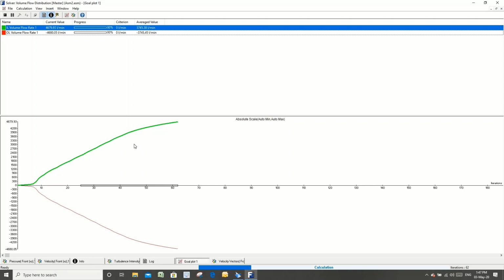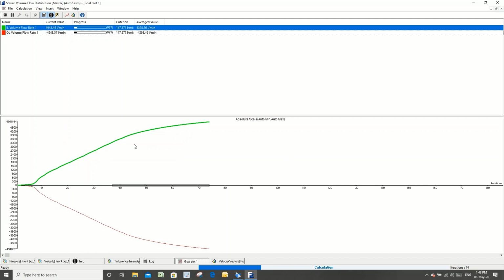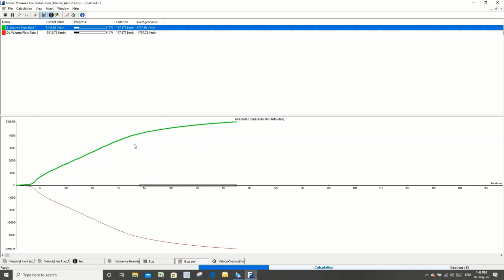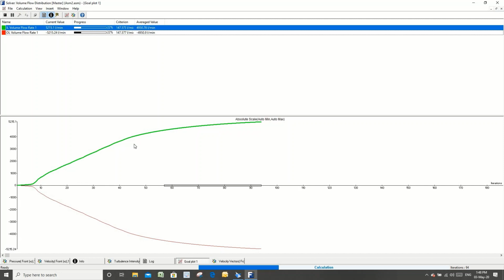So it took me around 8 minutes to solve this with the help of a 12 GB RAM system. So even with a lower configuration you can get your results, but high RAM is recommended, because in some projects it takes lots of computational power and resources.